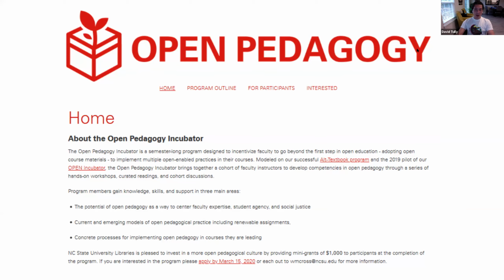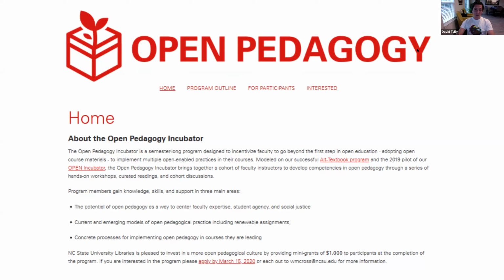In terms of who was behind the incubator, we staffed it with 6 of us. There were 4 librarians and 2 library specialists, and each of us was chosen intentionally or asked to participate intentionally. We each brought something different to the incubator, so we had a diverse set of skills there.